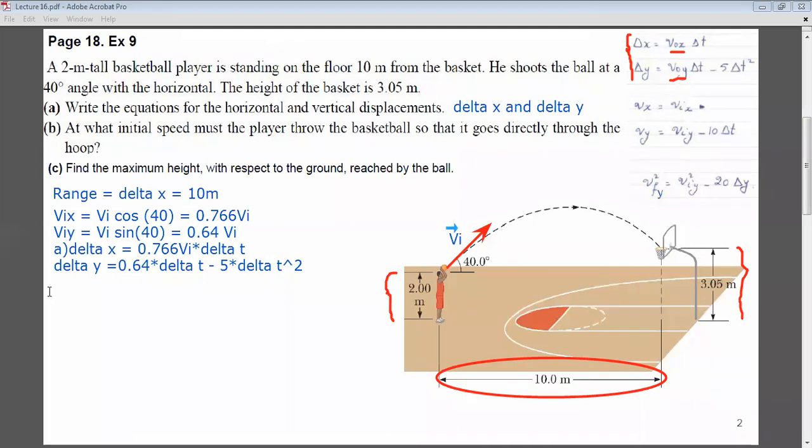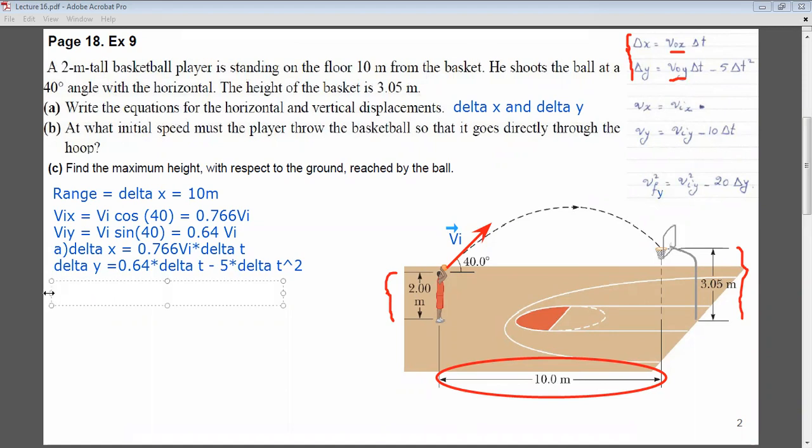Part B. At what initial speed must the player throw the basketball so that it goes directly through the hoop? So we want to calculate v initial. Okay, and he's saying so that the ball goes through the hoop. This means how much,